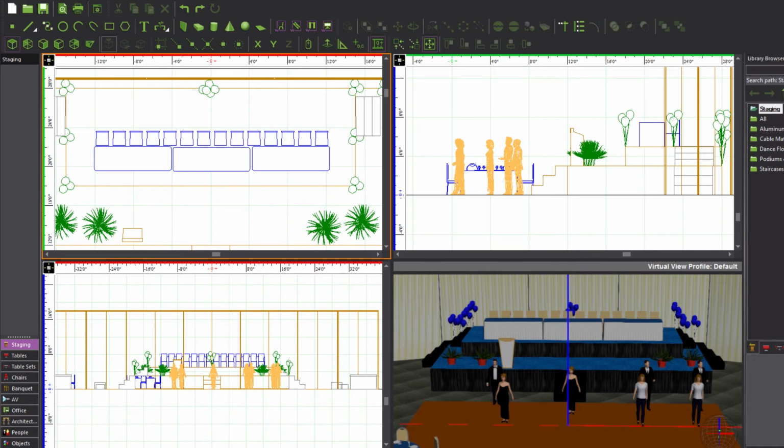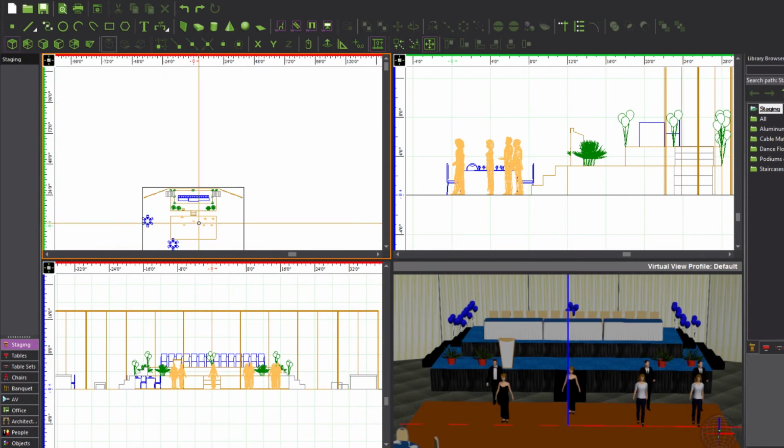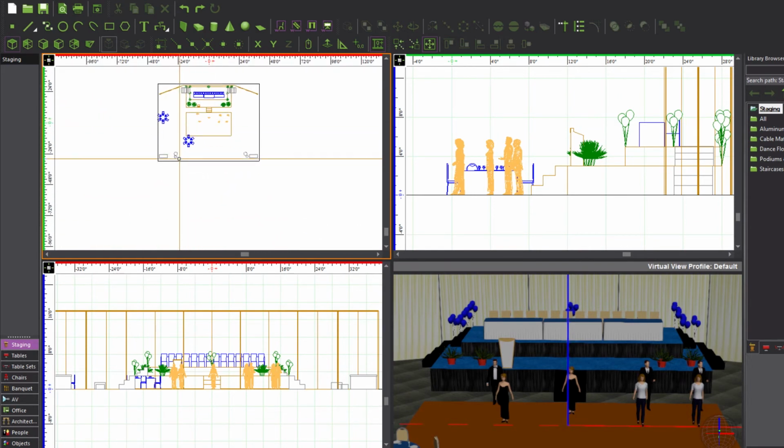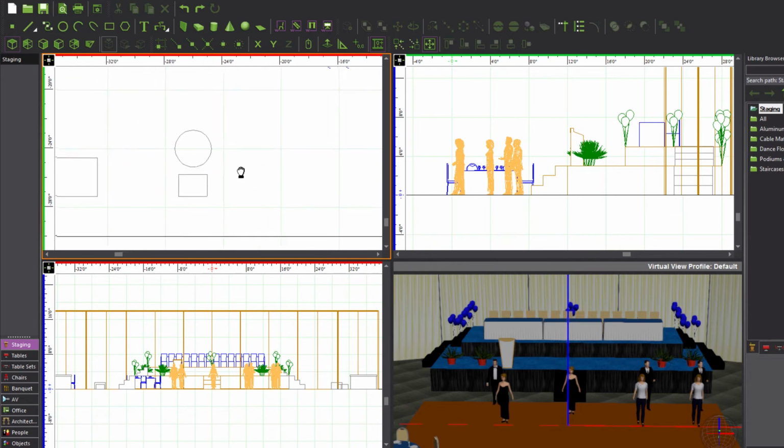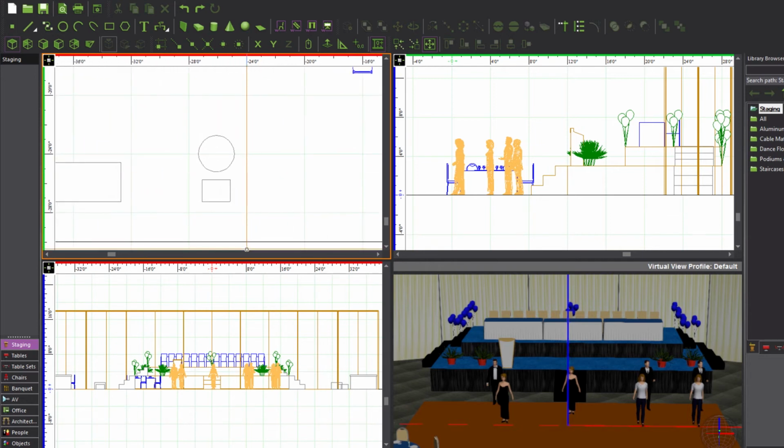A polar clone allows you to create multiple copies of a selected object in a circular pattern. Using this tool, you can add additional stools around the low tables at the back of the room much easier than by copying and pasting them, and then rotating each. Before you begin, ensure that Ortho is disabled, since in almost all cases, Ortho is not required for a polar clone. Next, select the stool on the left, activate Polar Clone,